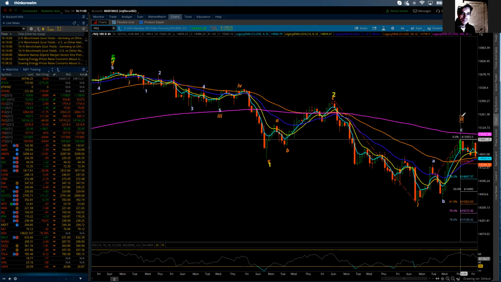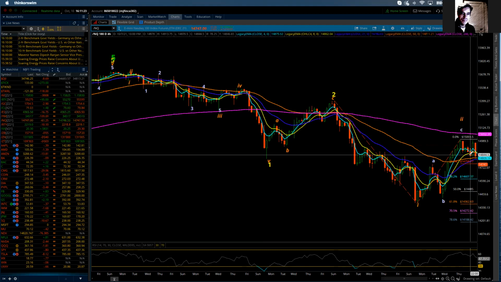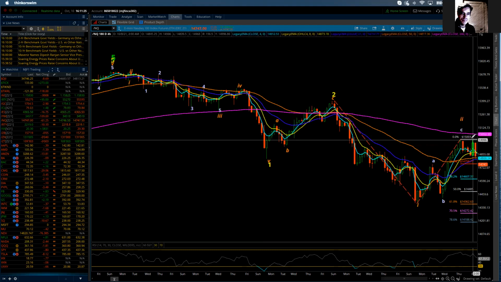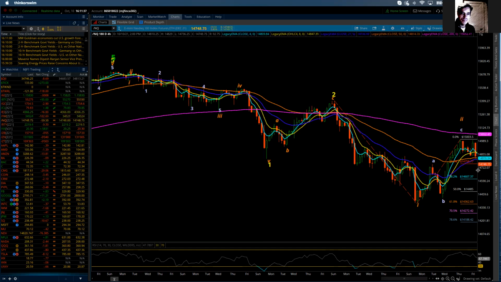So within the minor third wave are going to be 5 waves of minute degree. And within the 1, 3, and 5 of those minute degree waves, there are going to be 5 waves of sub-minute level. So we're in that first minute 1, minute 2, into the beginning of minute 3, to form the first minute wave down. So this is going to be a larger third wave.